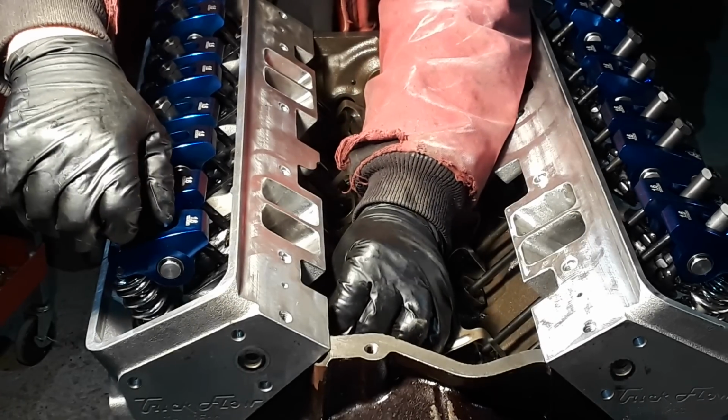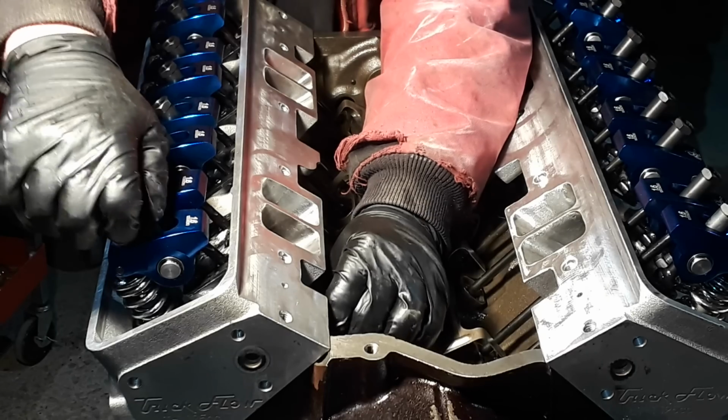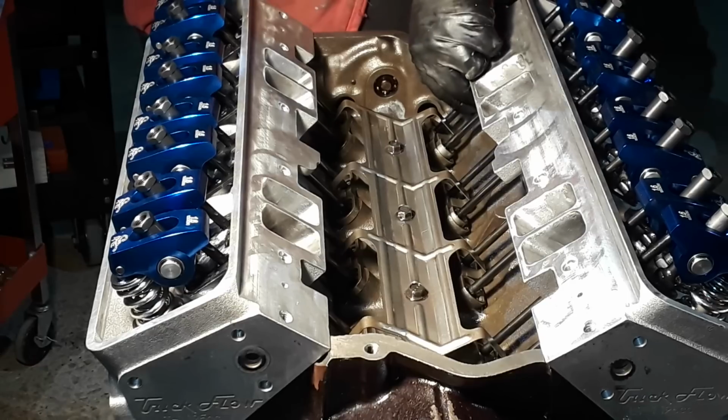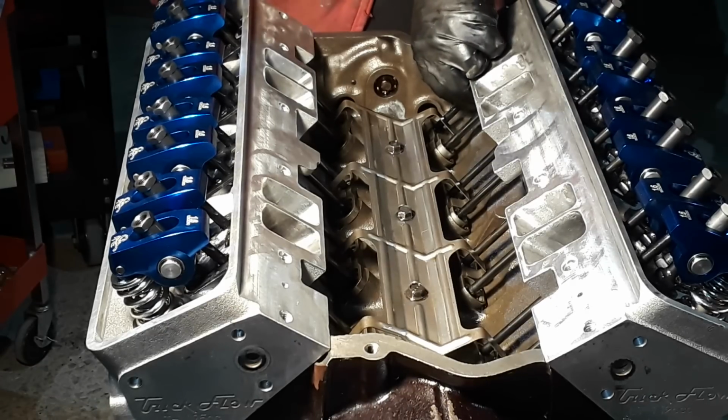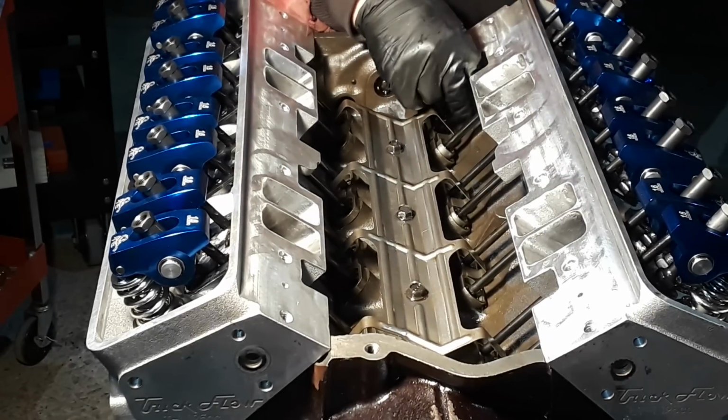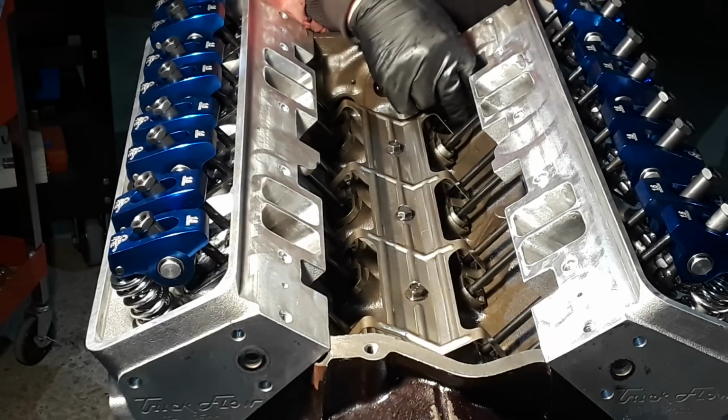You're going to see videos out there that tell you have one valve up, the other one, then you can do the other valve, this, that, and the other thing. I can't do that. I'll lose track. To do it this way,